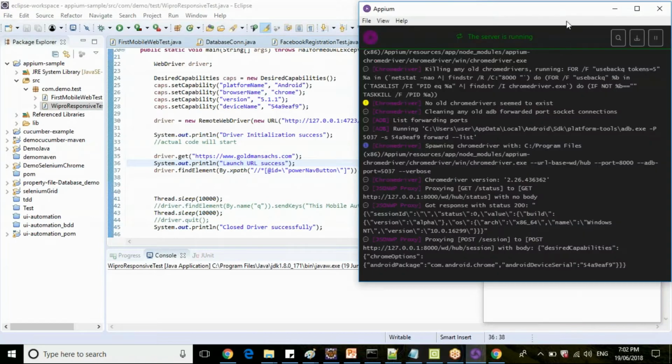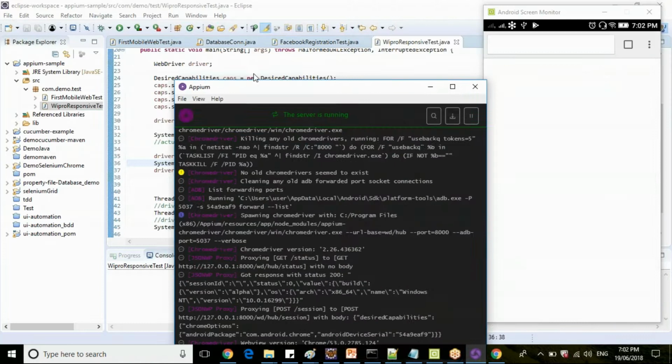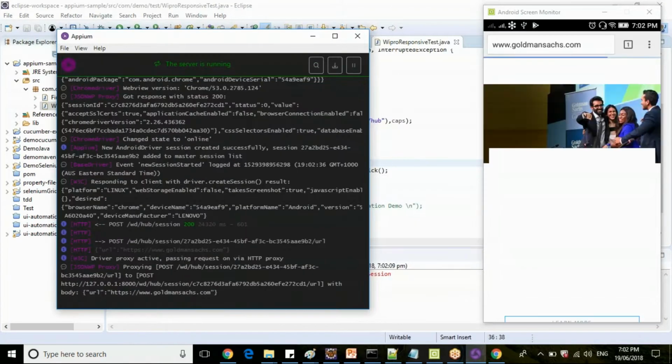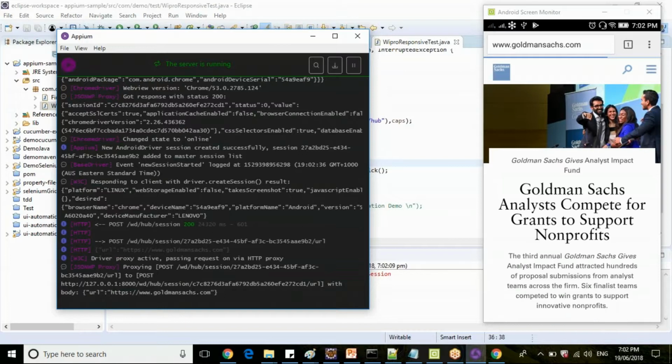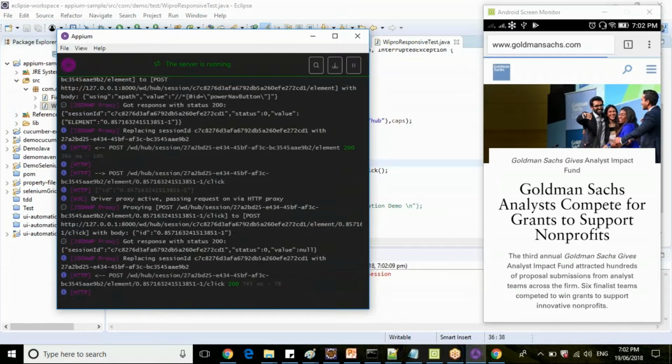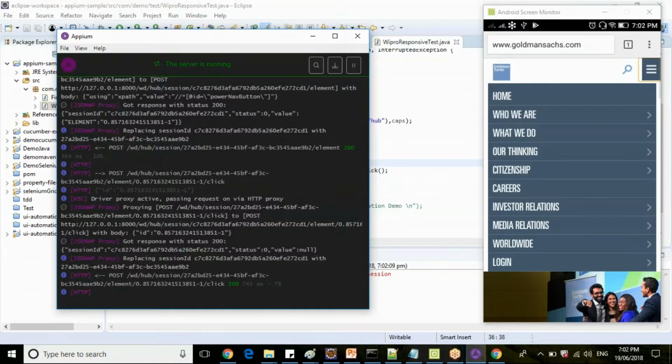Check your APM server, what's happening after your execution. Now it launched goldmansachs.com. Then a click operation is done on menu button. Now you have different menu bars.